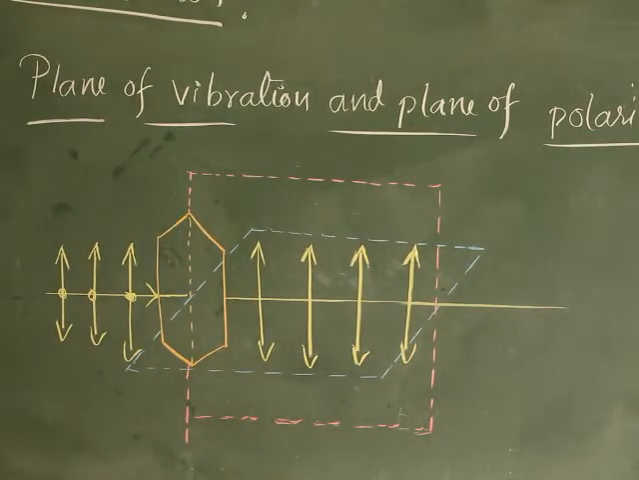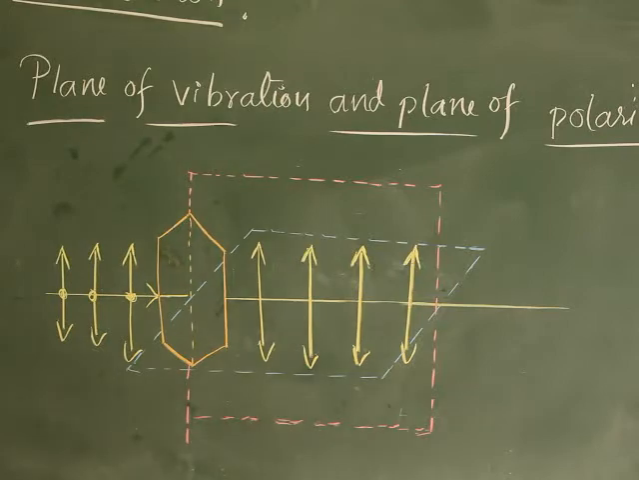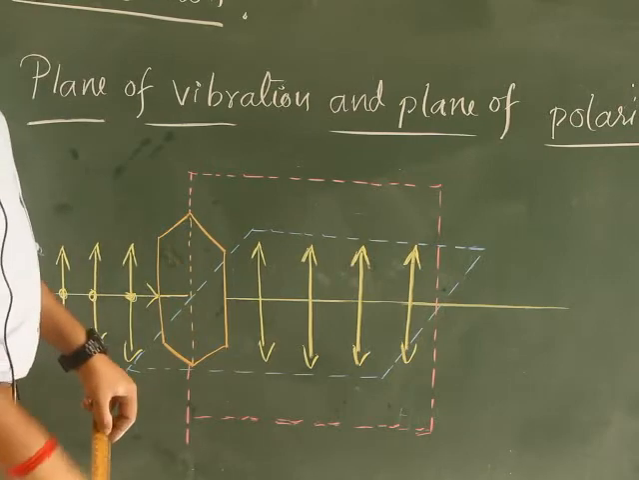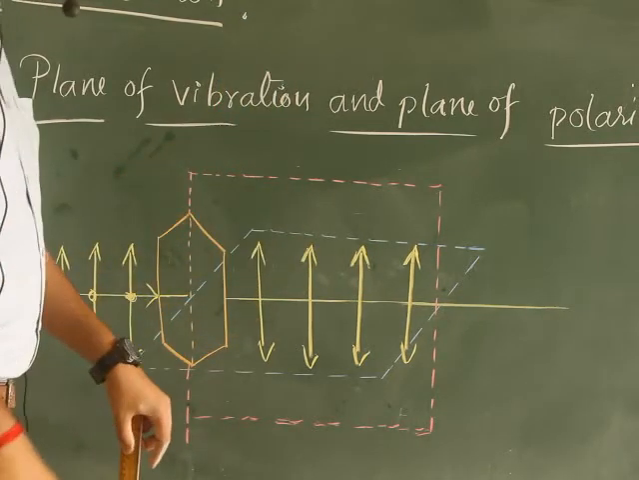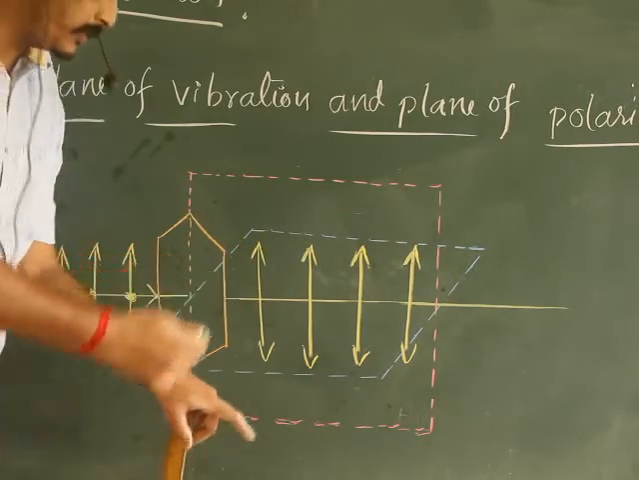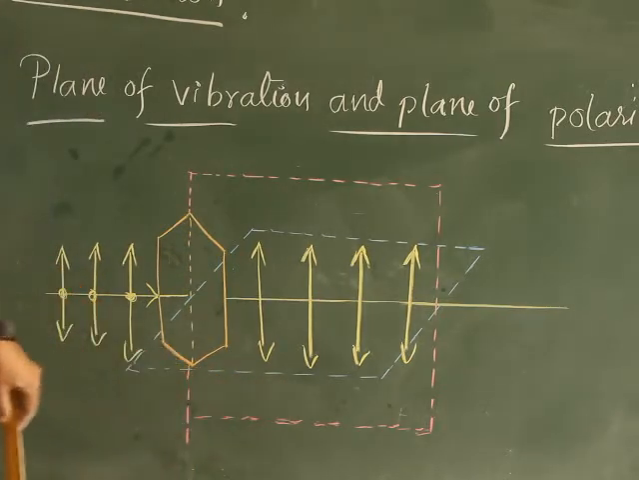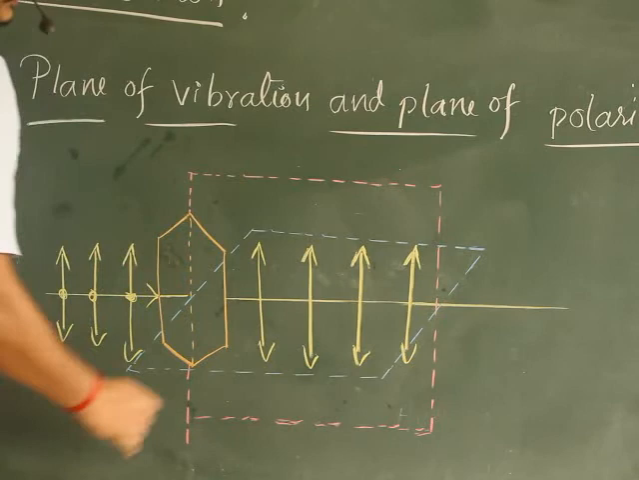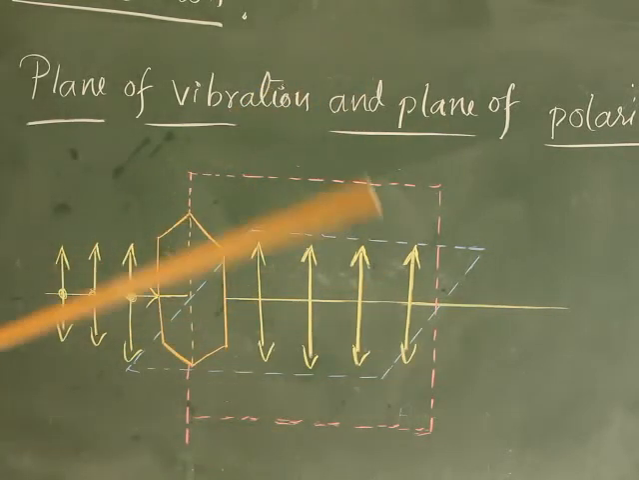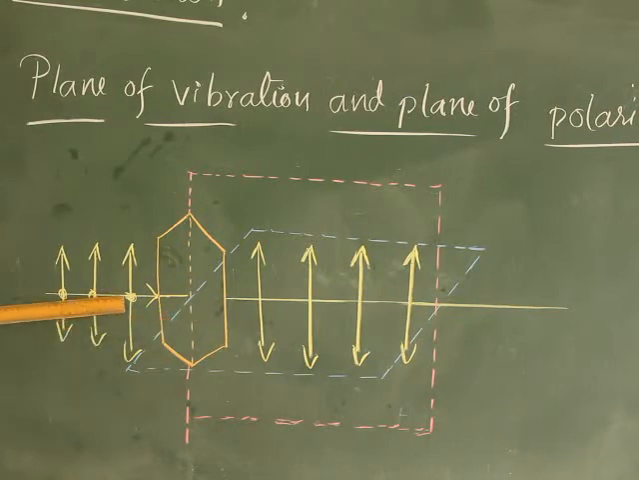Plane of vibration means what? When unpolarized light is passed through the tourmaline crystal here, the vibrations which are here, which ones? Vertical ones, correct? So the vibrations here are vertical. So the plane which contains the vibration of light, that means when unpolarized light is passed through the tourmaline crystal, the emergent light is